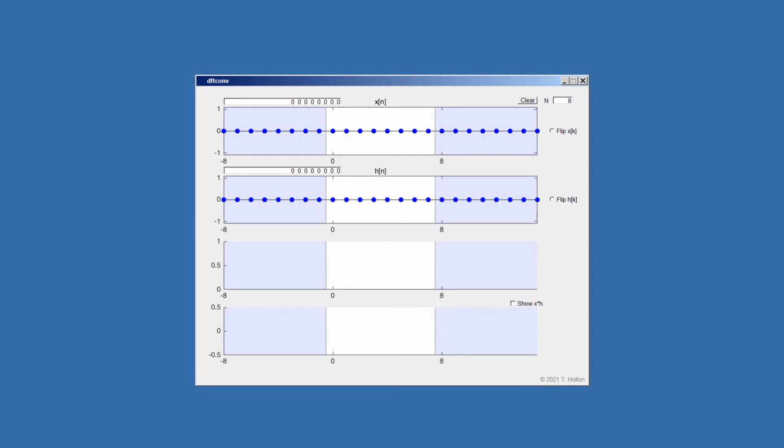This program, DFTCONV, demonstrates circular convolution. The top two panels show sequences x of n and h of n. You specify these sequences with these two boxes here and here. For example,